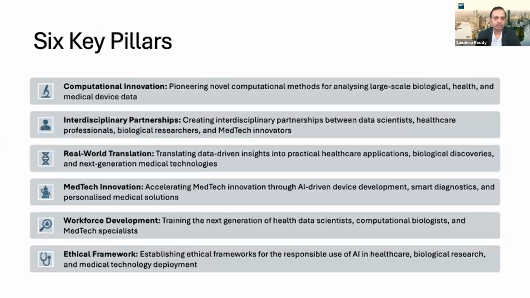And further to that, being an academic research center, we're also interested in educating the workforce in emerging technologies, including AI. It's also important for us to ensure that when AI gets used or emerging technology gets used in healthcare, it's responsible and there are ethical safeguards. So in relation to that, we also get involved in developing responsible AI and governance frameworks.